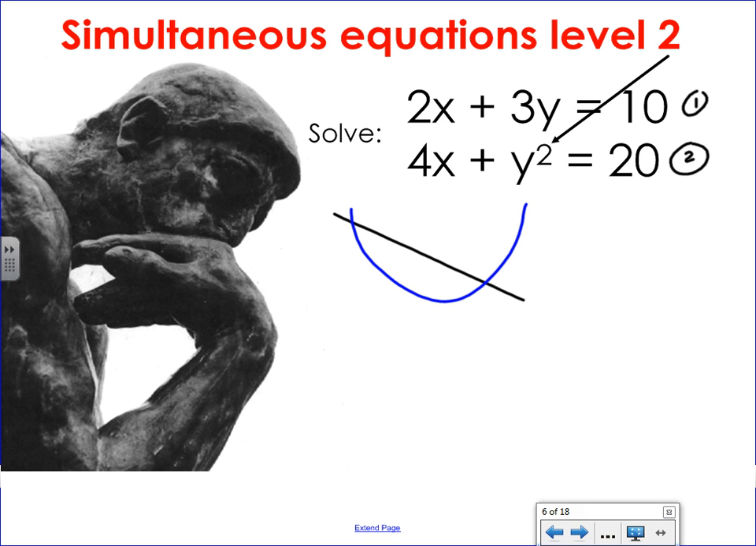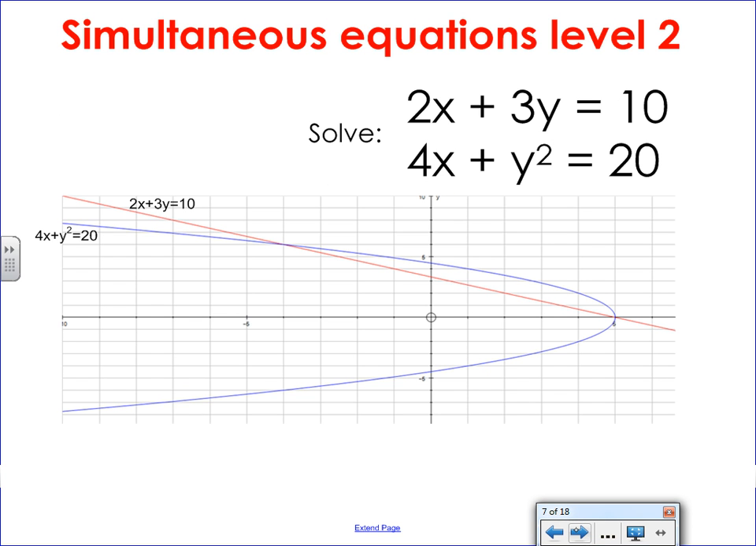What actually happens when you have y squared and x instead of x squared and y is that our parabola is going to turn round. But we are still looking at the same idea. We've got a parabola, a quadratic curve, and a straight line, and we're going to see where they cross each other. Because I've plotted them on Autograph, we can cheat here and see the answers. The answers to these simultaneous equations are 5, 0,